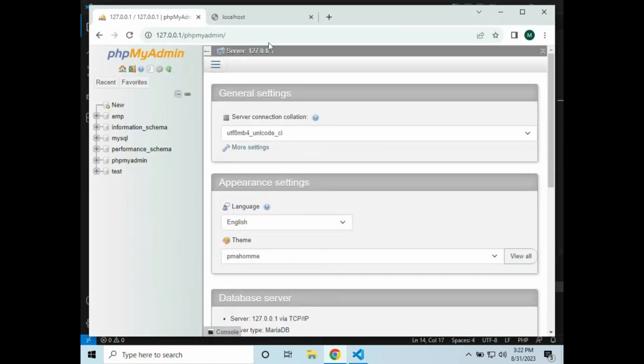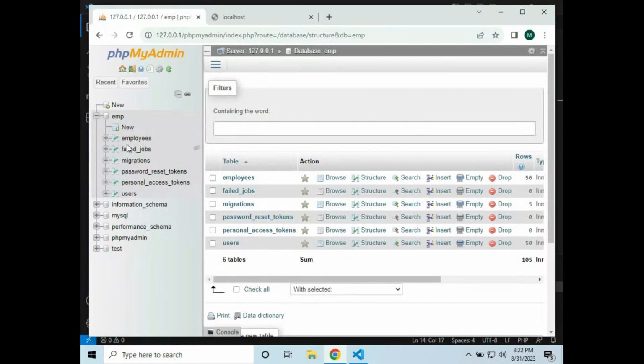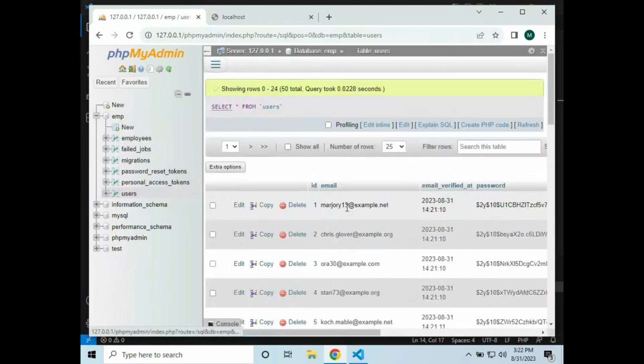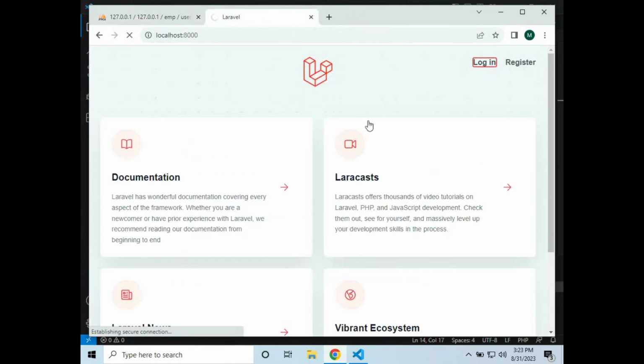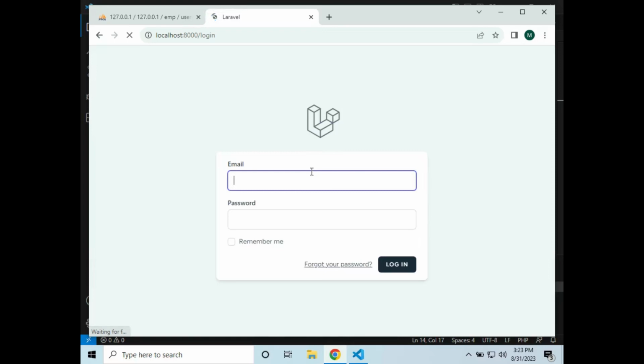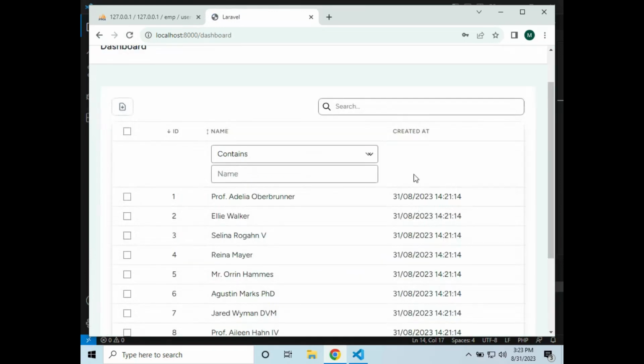We head back to our application. This is my database. I'll pick a user, just any user. So log in. Enter your password. Okay, so